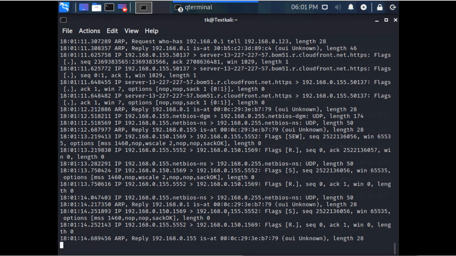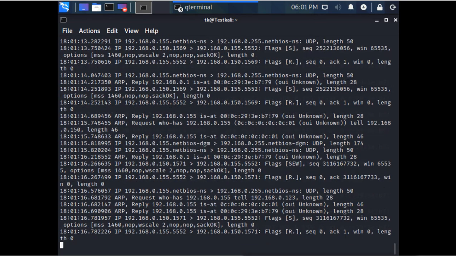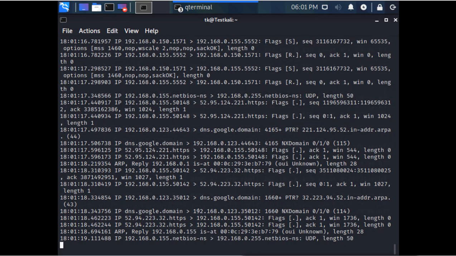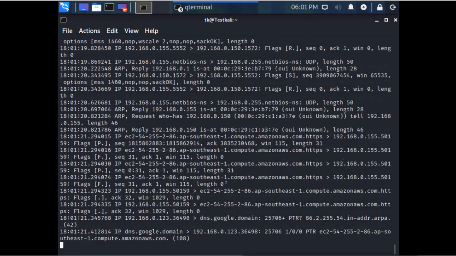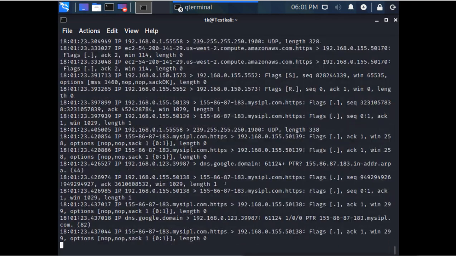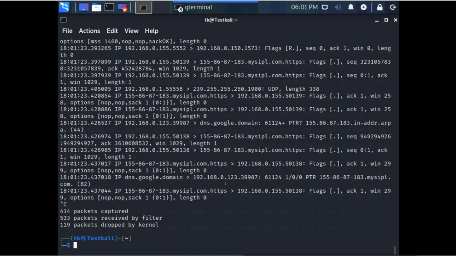We have multiple different options with tcpdump to save this traffic, save this data, and then we can analyze the data later. Stop by Control C. And also we have other tools like Wireshark.